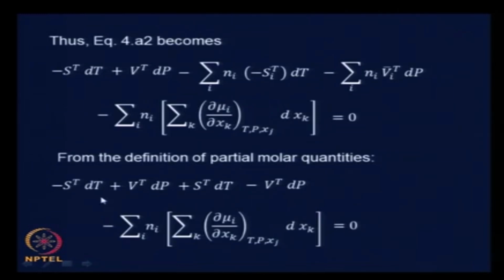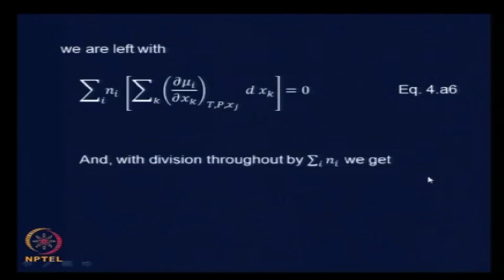It is quite obvious that these terms are going to cancel. Minus St dT will cancel with plus St dT, plus Vt dP will cancel with minus Vt dP, and therefore we have a nice form. Here the minus sign is inconsequential anymore. We are left with sum over Ni, summation over k of dou mu i by dou xk at constant T, p, xj, dxk equals 0. We will call this equation 4a6, and with division throughout by sum over Ni,